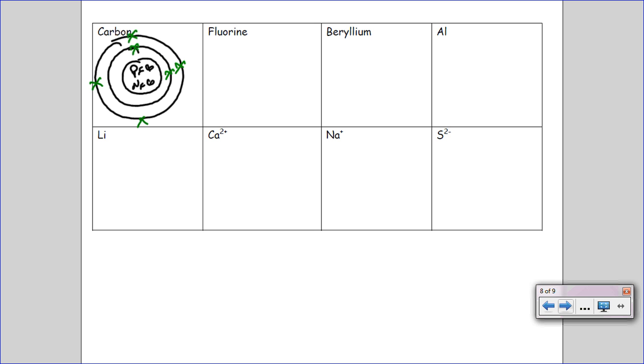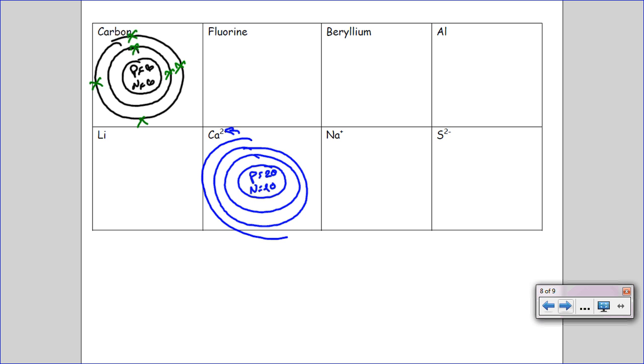Let's do an ion. Let's do a positive 2 ion for calcium. Ooh, calcium. 20 protons, 20 neutrons. So P equals 20, N equals 20. This one has 4 principal energy levels, but notice that it is an ion. So it is missing 2 electrons from the standard periodic table. So I have 2, 8, 8, 2 is my normal electron configuration for calcium, but this is calcium plus 2, so the configuration is 2, 8, 8. So I really only have to draw 1, 2, 3 principal energy levels and fill them in with